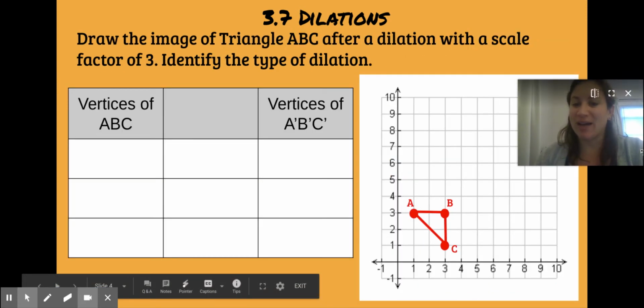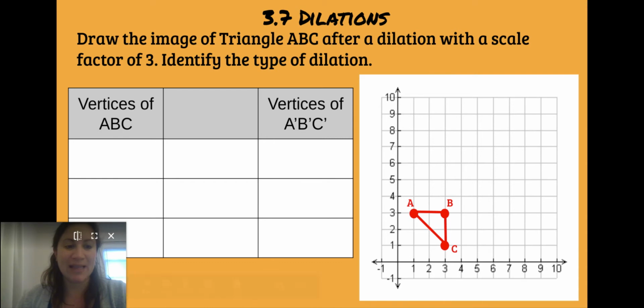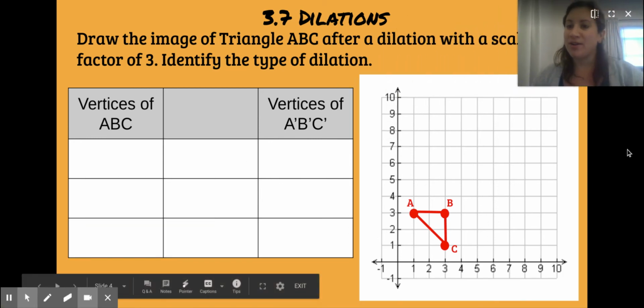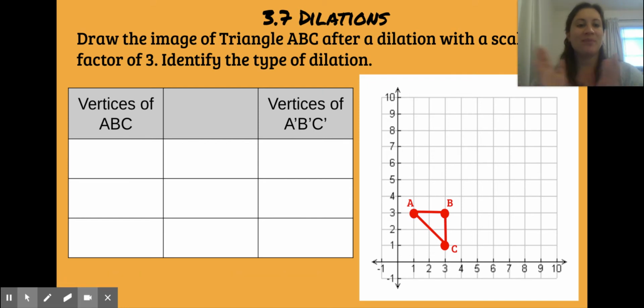Okay, so now let's work on an example. Draw the image of triangle ABC after a dilation with a scale factor of 3. So this is how we're going to create what we were just talking about. And now that the directions have been read,